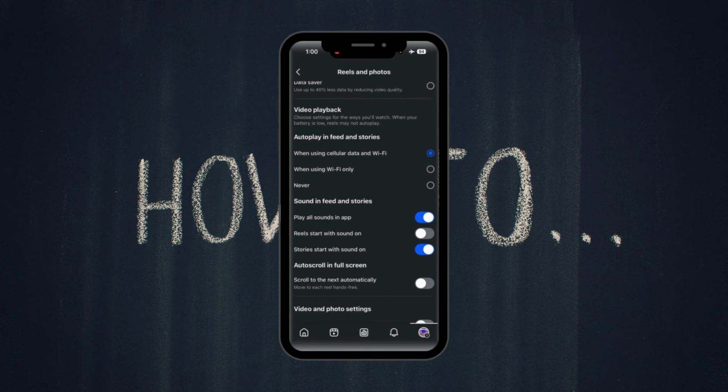So choose settings for the ways you'll watch. When your battery is low, Reels may not autoplay. So for autoplay in feed and stories, select Never. And that's it. If you're using Android, you can open the Facebook app, then tap your profile picture, then go to